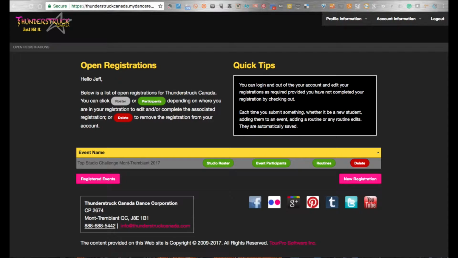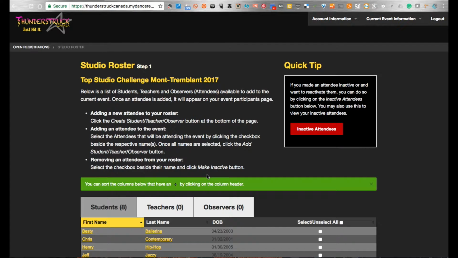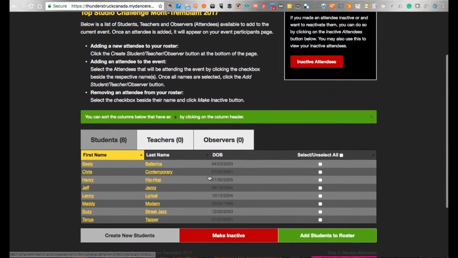This is our second tutorial, and today we're going to show you the first step of the registration process. Now we're going to assume you've logged in. When you do that, you get to a list of your open event names. We're just going to click on our studio roster to get going here. And you'll see the registration